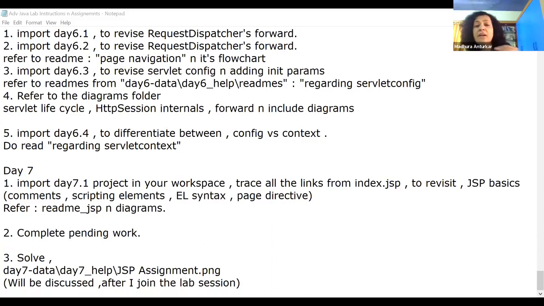I'll repeat the question. Can a servlet access the servlet context directly or internally through the servlet config? The answer is internally through the servlet config. What I mean by that, I'll be clear. When you say getServletContext, what does it call internally? First, it says getServletConfig().getServletContext().